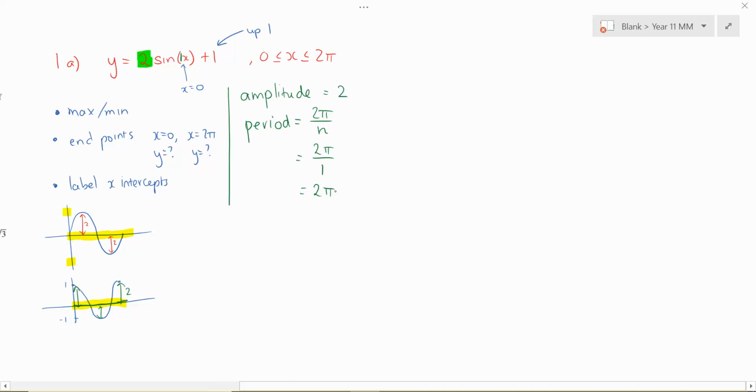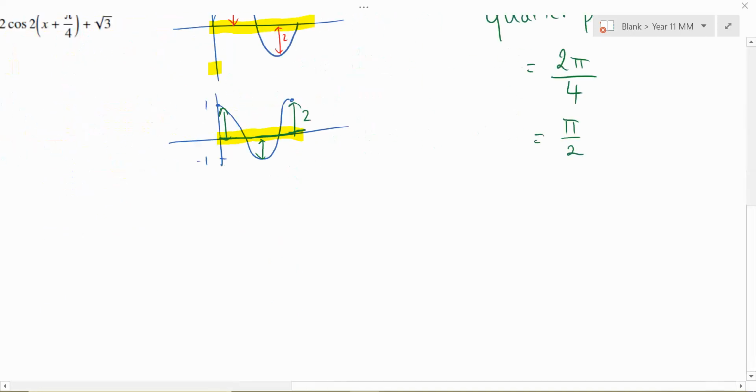Okay. Now, like I told you, the tip that I want you to take is that we are going to find the quarter period. So quarter of the period. If the period is 2 pi, then a quarter of that is divided by 4, and that tells me that every quarter cycle or quarter period would be pi on 2. What does this mean? Just in case you missed my lesson,